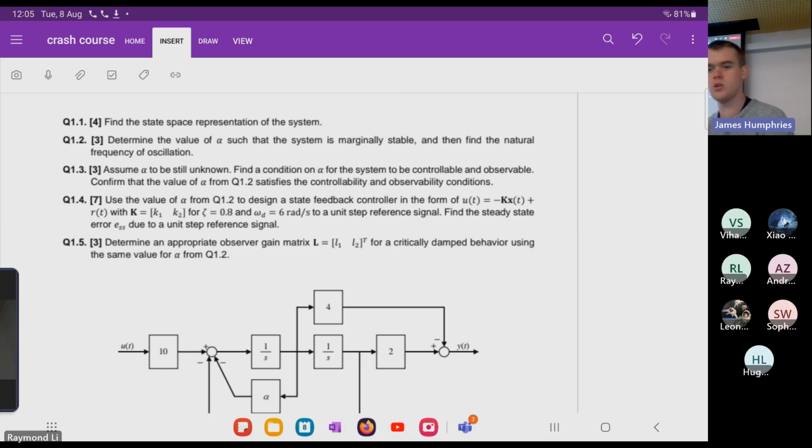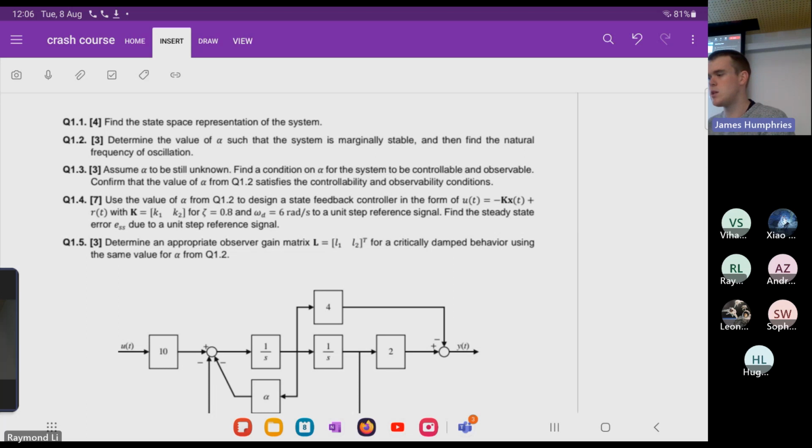Okay. Hello, everyone. Welcome to the final exam crash course for ELEC3114. I just want to go through a couple of announcements at the start. I uploaded a PDF that had the major notes that I thought were important from the last half of lectures. So that's stuff like the root locus plots and whatnot. So feel free to look at those. They're not fully exhaustive, but they're just the main things that I thought might be relevant for your